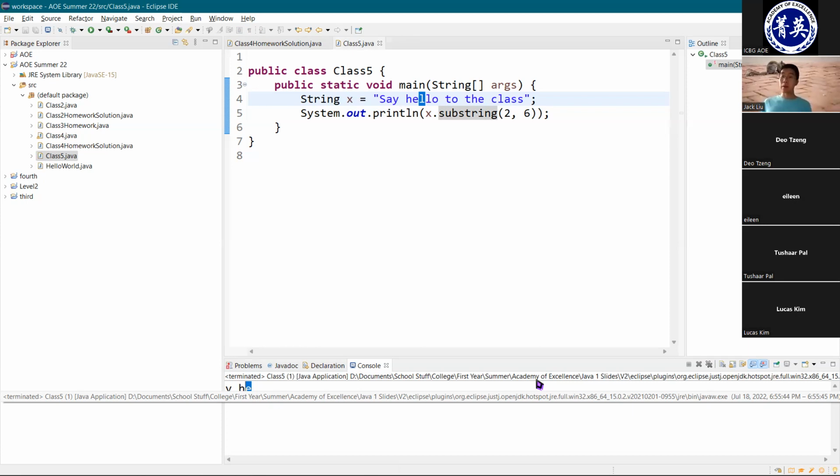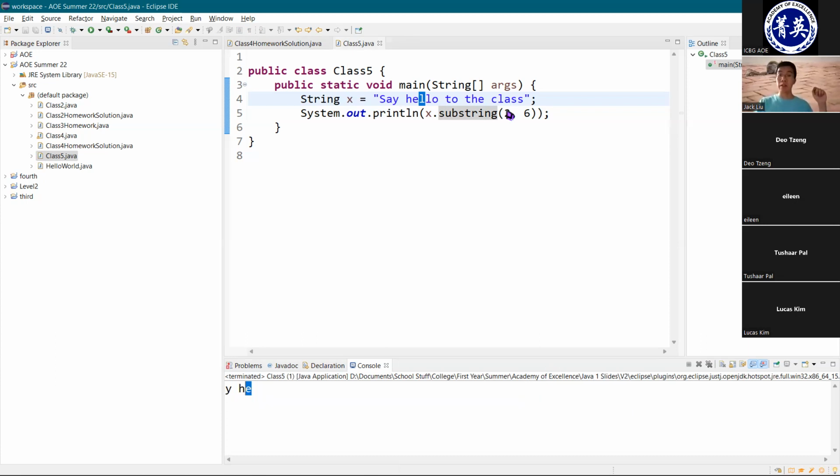But what you have to remember is that the first index is inclusive. It includes the character at whatever index you put here. However, it does not include the character at whatever index you put here. So it includes this one, does not include that one. And so this is important when you're trying to take a substring of here. So for example, if I wanted to cut out hello,